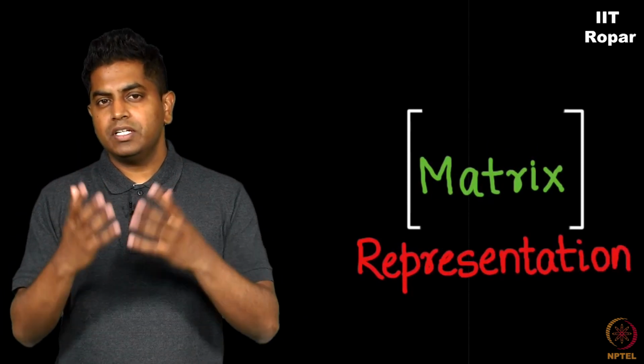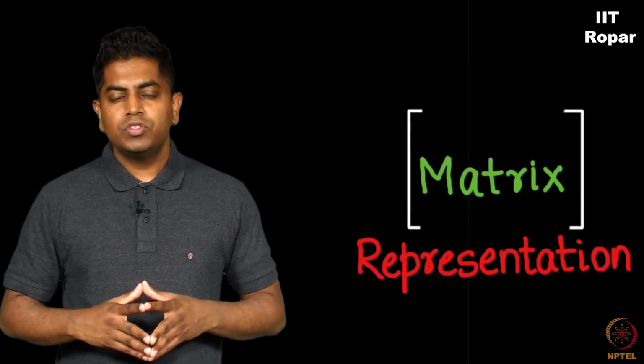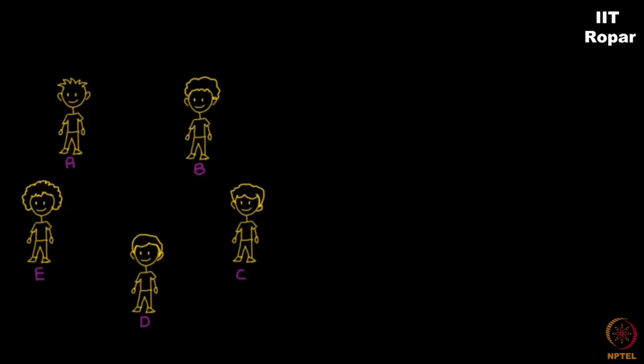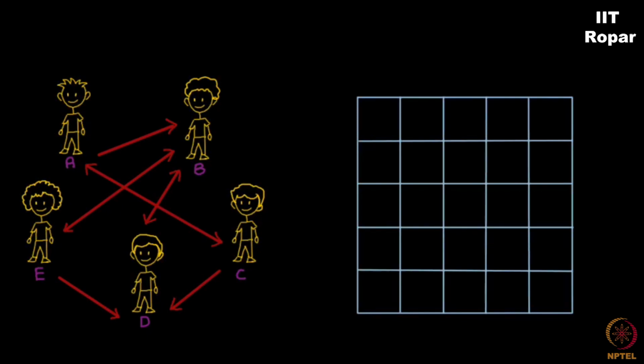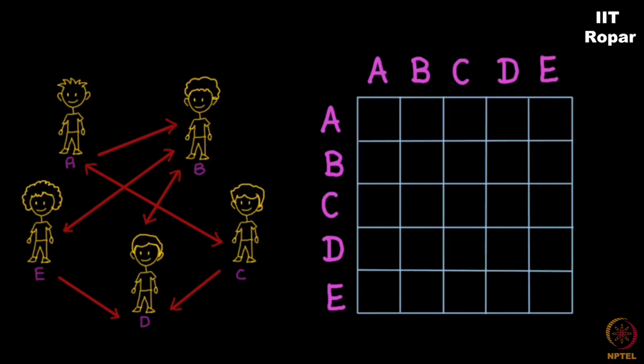What do you mean by matrix method? It's pretty straightforward. You see A, B, C, D, E, 5 people, some sort of relationship between them. I can represent this using ones and zeros. How do I do that? Assume A knows B, then I'll write down A, B, C, D, E in a column like this and A, B, C, D, E in a row like this on top of the table, this table.